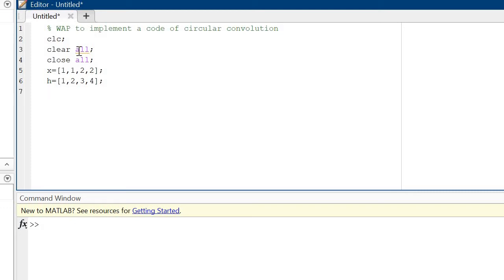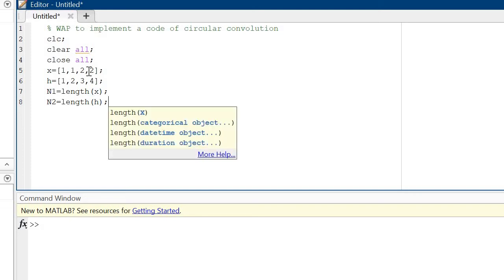Now after that take the length of the first sequence and the length of the second sequence.